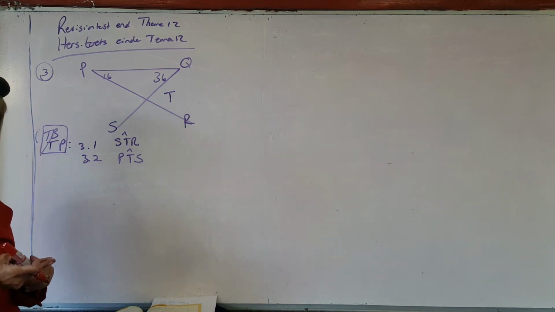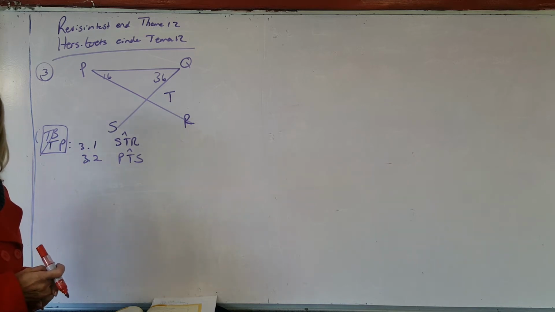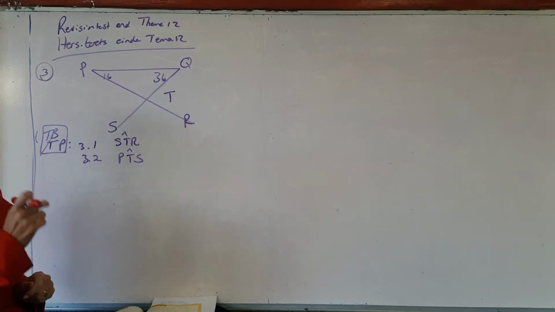Triangles, yes, they are triangles. What type of triangles? We still have to find out if the sides are equal to each other, if the angles are equal to each other, to say it's an acute angle triangle or an